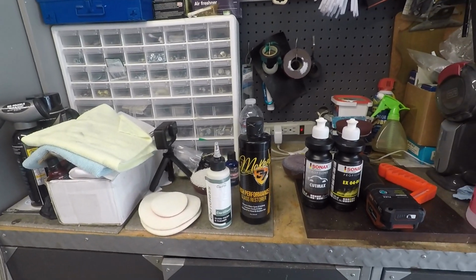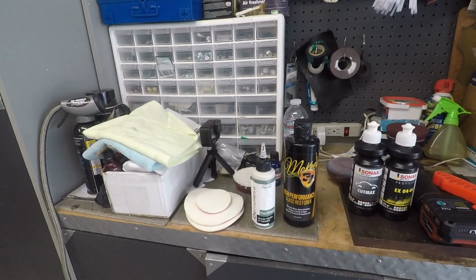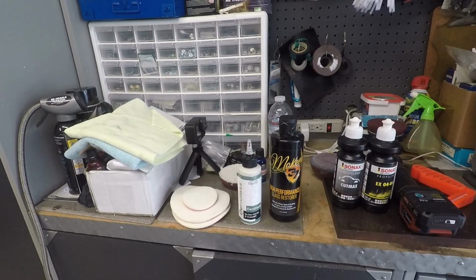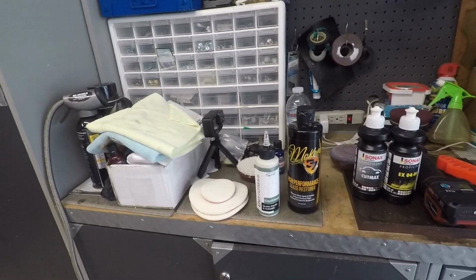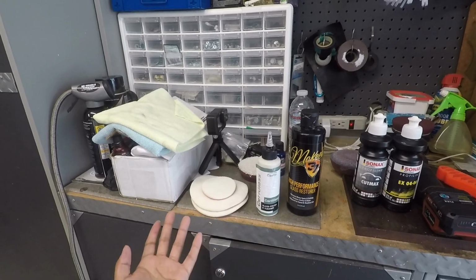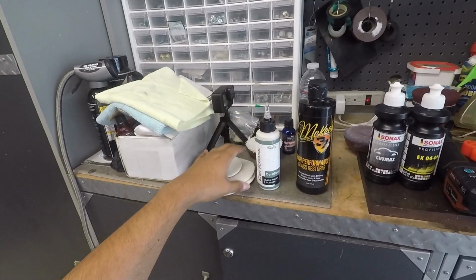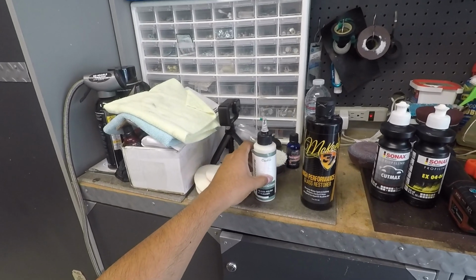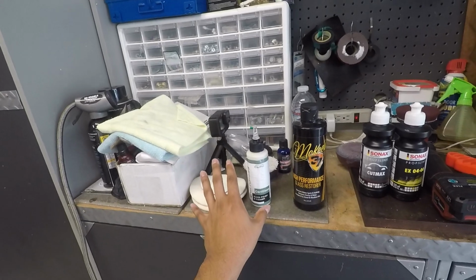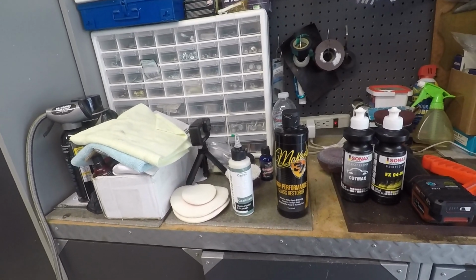Yes, I know Griot's and Lake Country make some, but I don't know how many posts I've read saying, I used Ceriglass with a glass polishing pad and now have swirls in my glass. Well, it turns out they were not using the Carpro pad with the Ceriglass polish. They were using either the Griot's or the Lake Country. Again, those might have issues. Just stick with this as a system. It'll work. I will link Mike Phillips' video on how to